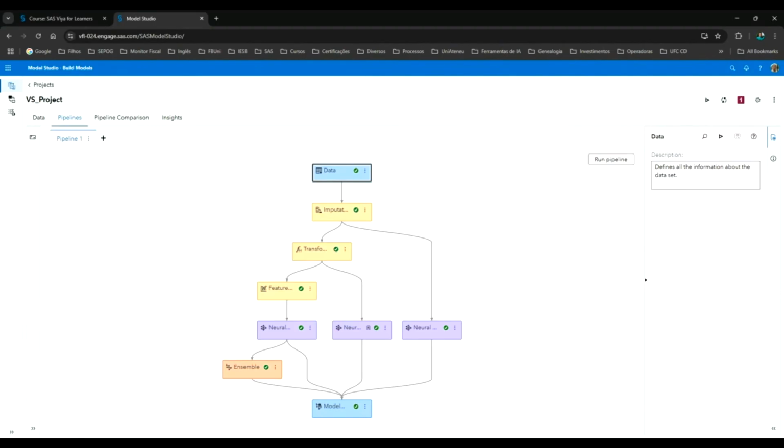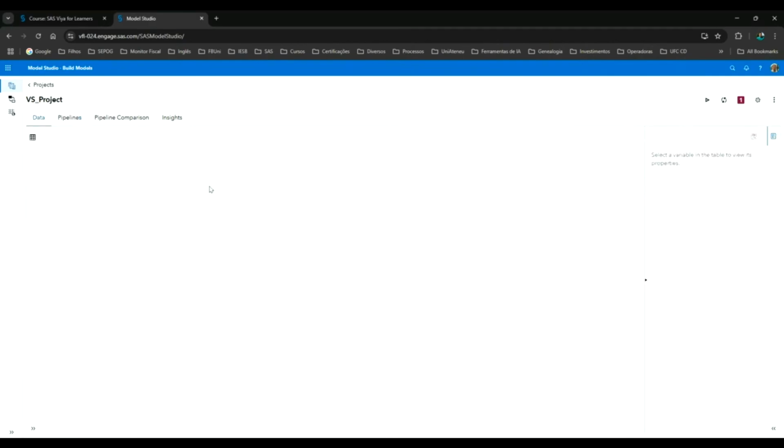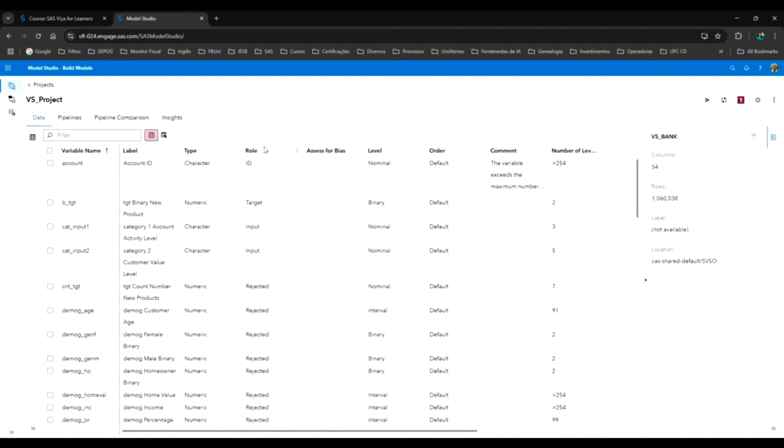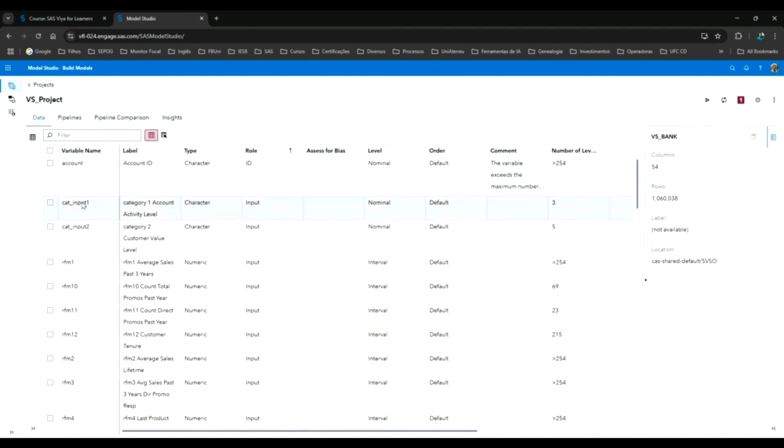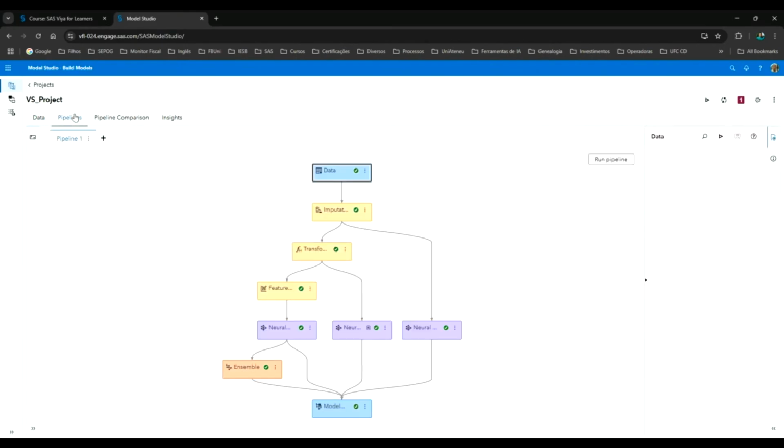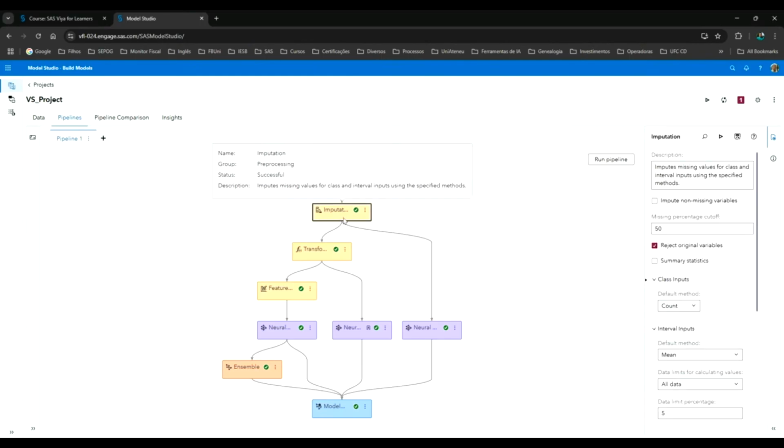I'm using the same data set, the same variables. You can see here, I left in the input just the same variables, and then I use just a node for imputation, and I connect a neural network to this node.